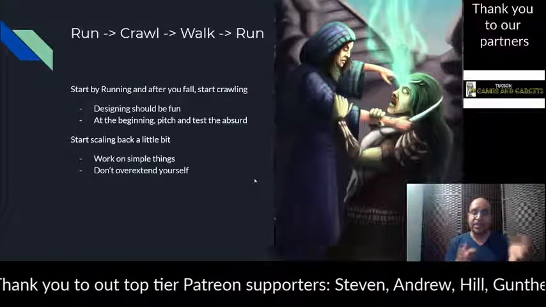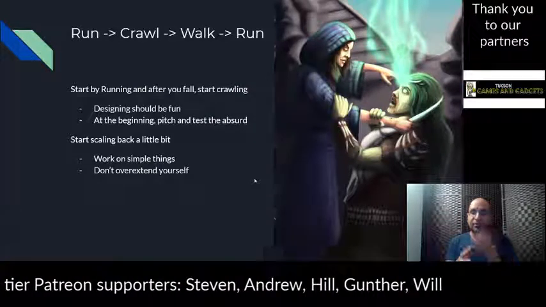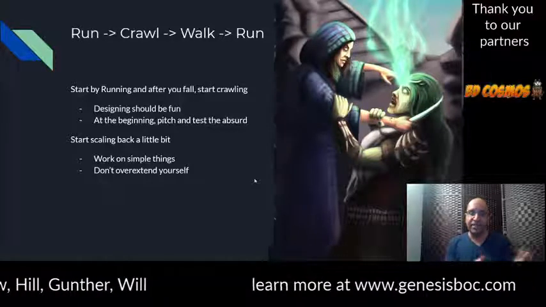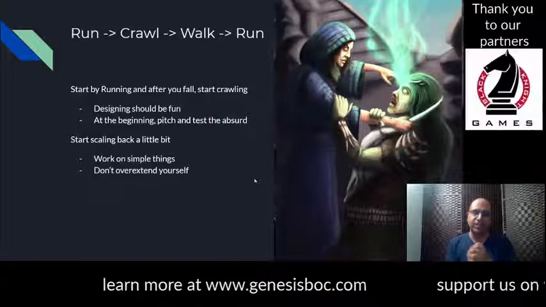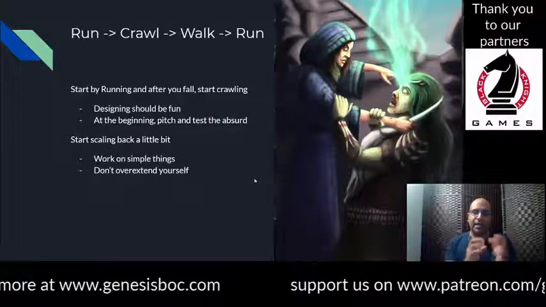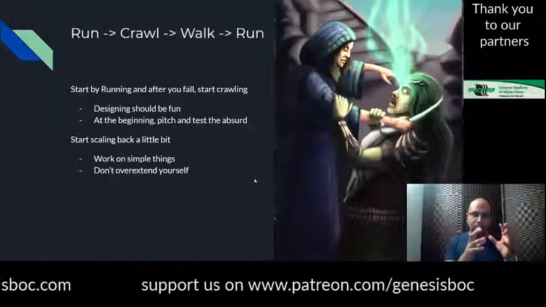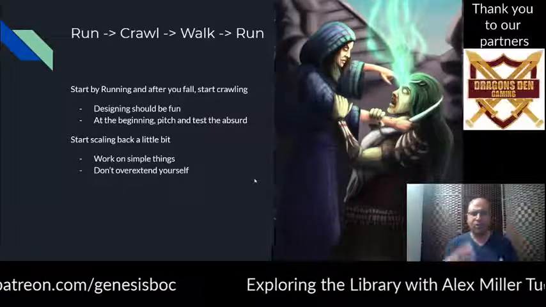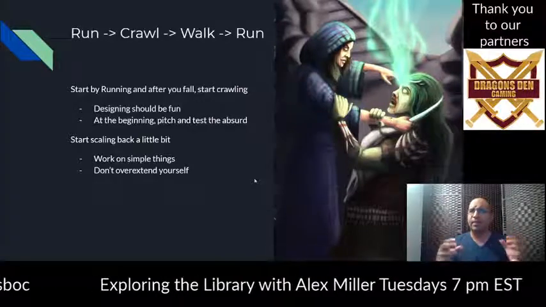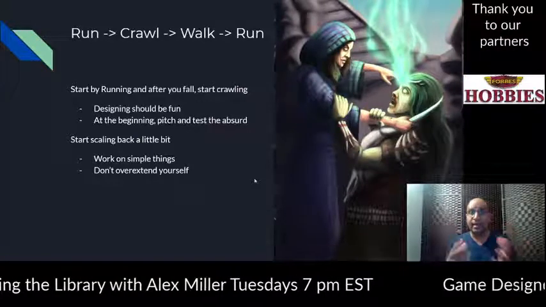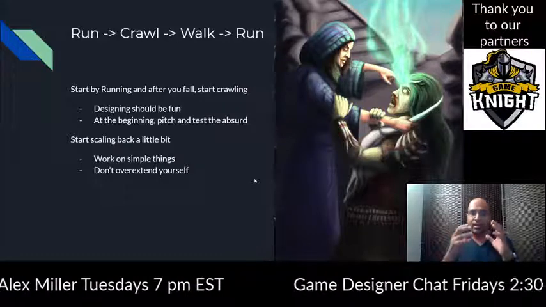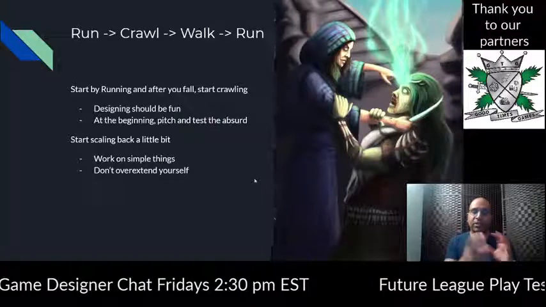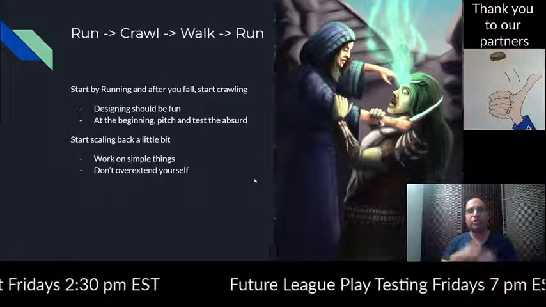So after you've found what works and what doesn't, scale back and start working on simple ideas. Everything you design should have the same attention to detail. So you may try something out and you pay a lot of attention to making this really cool dragon or really cool attack ability, but then it doesn't work. Well, the time and attention you put towards making that particular mechanic, what did you learn from there? What can you extrapolate and put towards your next process?